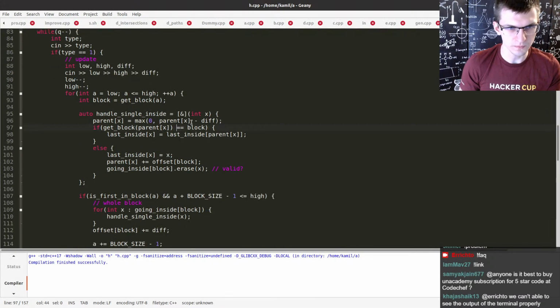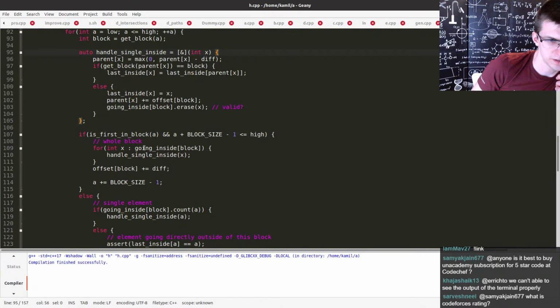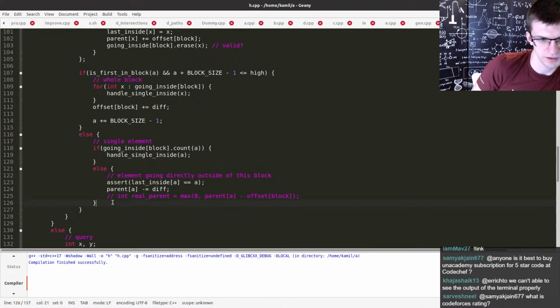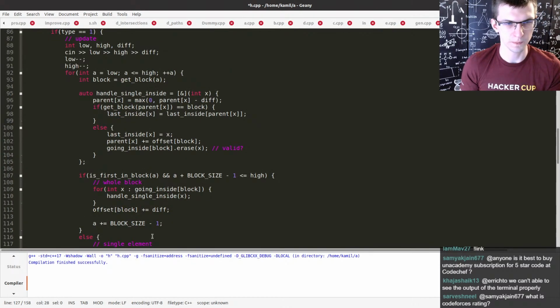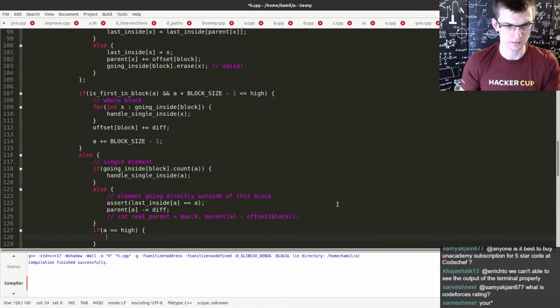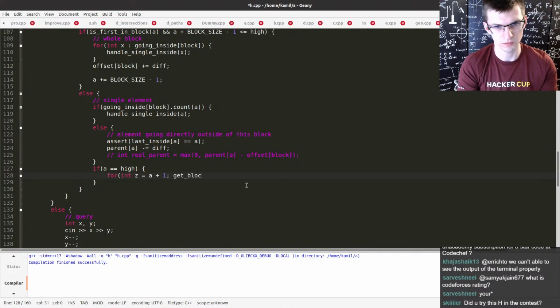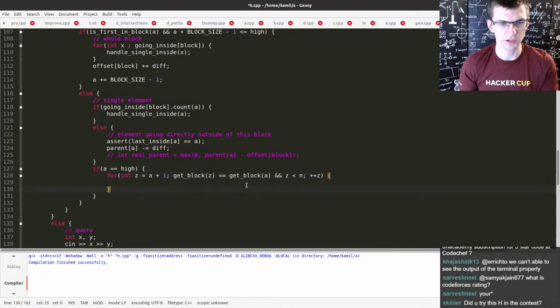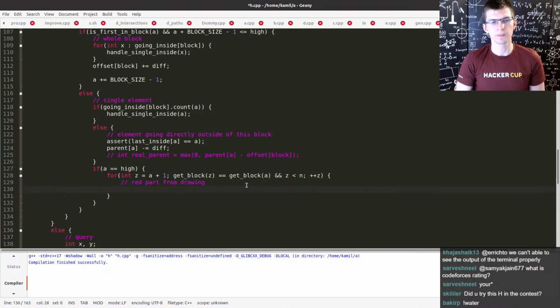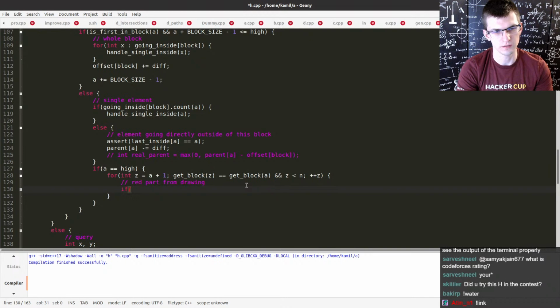All right, so now I go one by one. First in block here, I jump through the whole block. I handle a single element. And finally, if a is equal to high, then I need to go to the end of this block, and z is smaller than n. This is the red part from the drawing. For all of them, I just need to update last inside because it might be something new. If is inside of z,